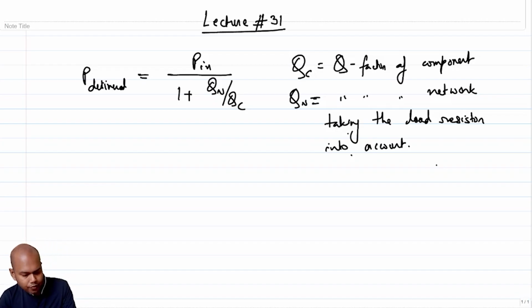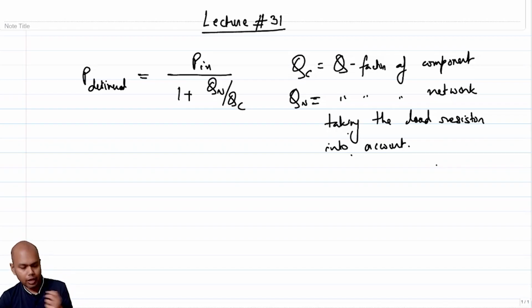So if the components were ideal, for example the inductor is lossless, the capacitor is lossless, and so on, then Qc is infinite, then power delivered will be equal to power that enters the matching network. But under the condition that there is a finite quality factor for each component, which is a